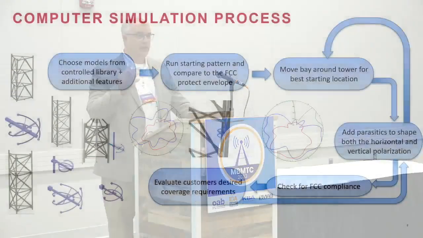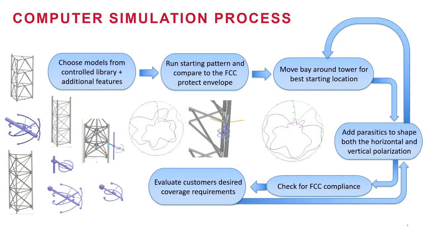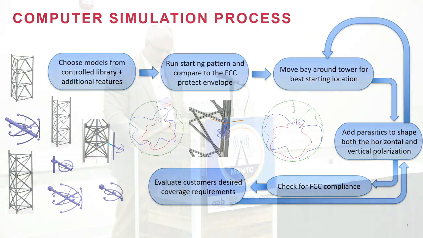Oftentimes this process results in something that we think is a great solution, right? Hey, this covered a lot of that area that you wanted to cover, and they go, yeah, but the worst part is right over the best part of my population. Can you tweak it a little bit to be better over here, and I don't care so much about this? And then we go through and do it again, right? When you're doing that on a range, it takes time, days, weeks to get that done. When you do it in the computer, much, much faster. So this whole process we've replaced with something called artificial intelligence optimization.